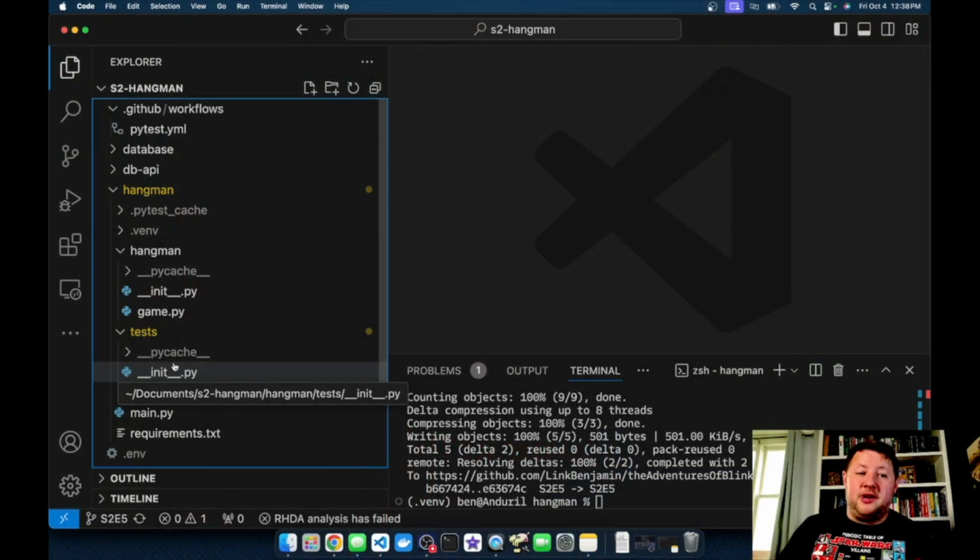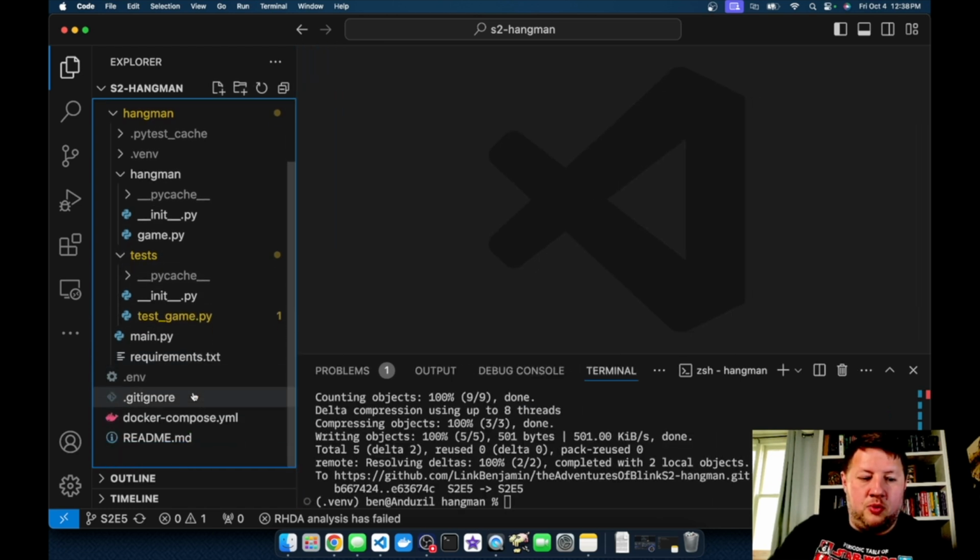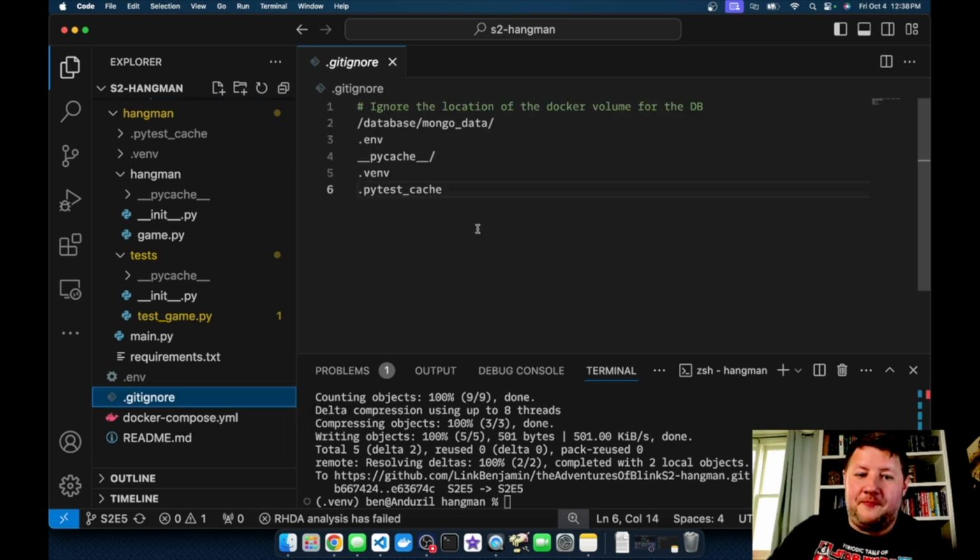Okay, so now we're looking at our project, and you can see in our directory we've got all of our files over here. But what we're going to do is scroll down, and you see I've created a .gitignore. Let's take a look at what's inside here. Okay, so if you remember from the early episodes, I think it was episode 2 where we built the Docker container for MongoDB. One of the things we established was an external volume where Mongo would be able to store data from the database in a long-term place, so it's not part of the container and gets eliminated when the container dies. You can see here on line 2, we're blocking that folder from appearing in our Git